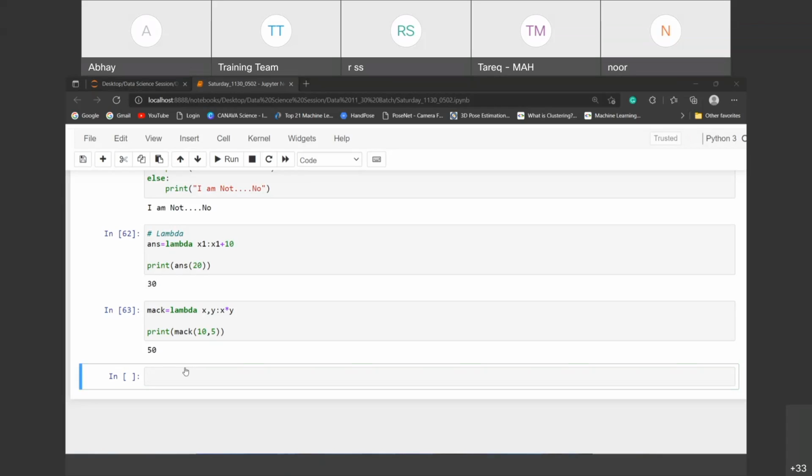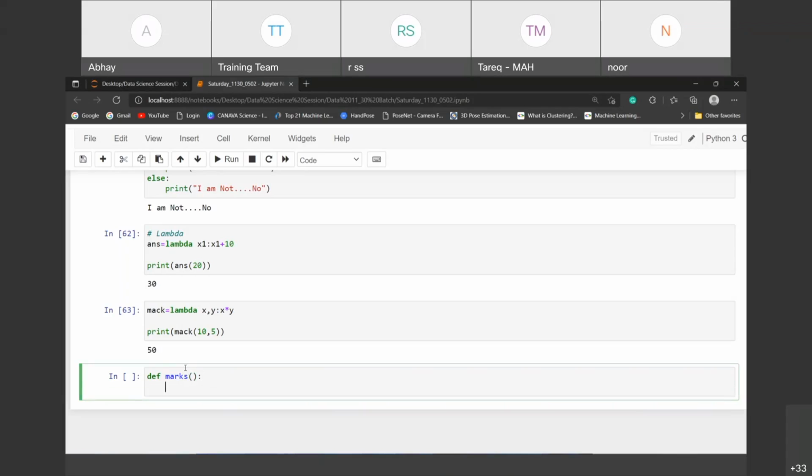Lambda doesn't only work as a single expression; you can work with functions as well. If I write def marks, this is my function, with a colon, and it returns a lambda. The lambda takes x, colon x into 10.